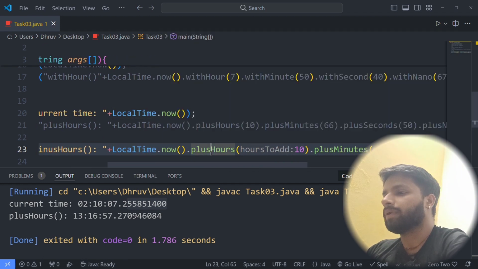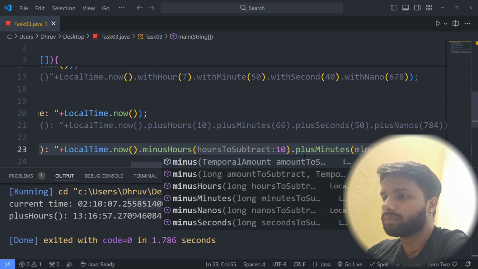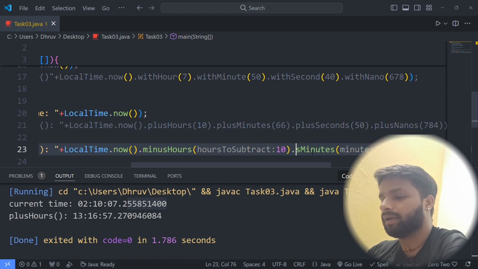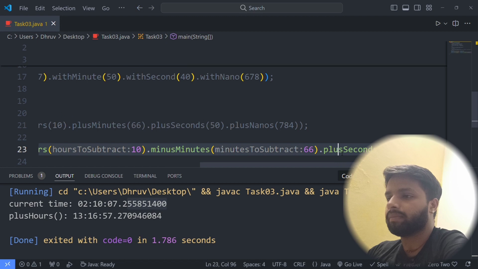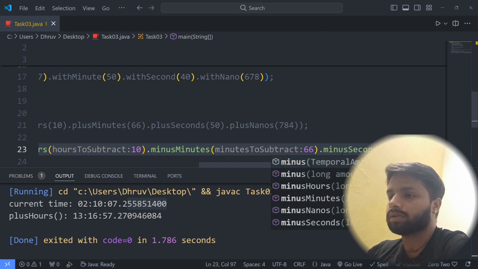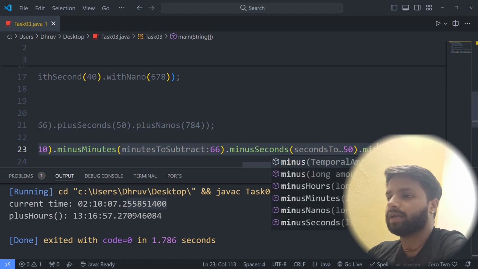So here instead of plus, I will write minus. Instead of plus, I will write minus, and instead of plus, I will write minus. And here also, instead of plus, I will write minus.